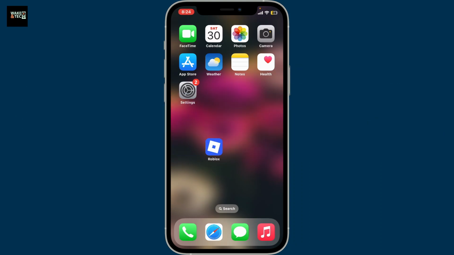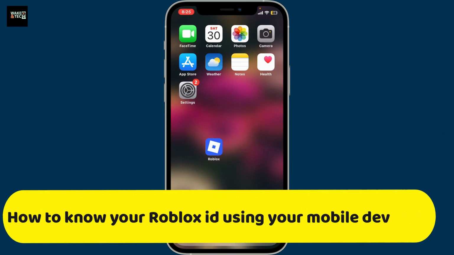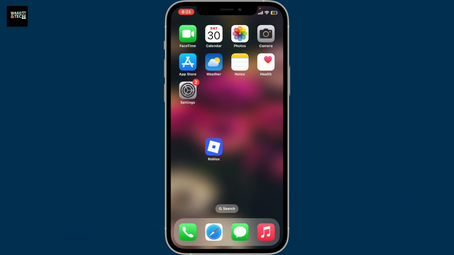Today in this episode we are going to be learning how to know your Roblox ID using your mobile device. Whether you need your Roblox ID for games, groups or trading, this guide will help you out, so make sure